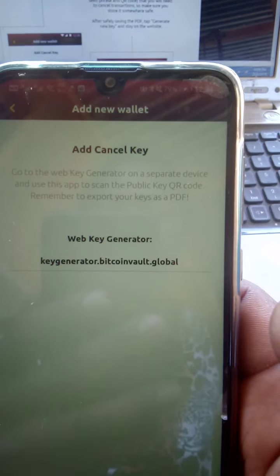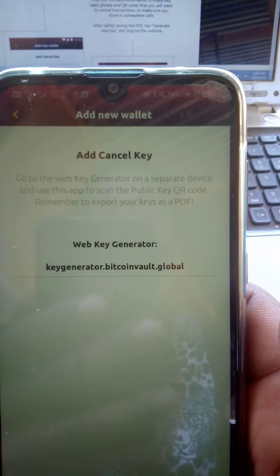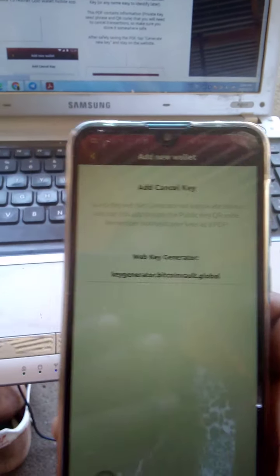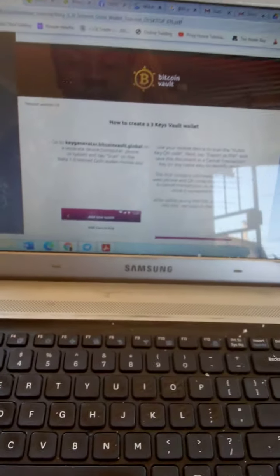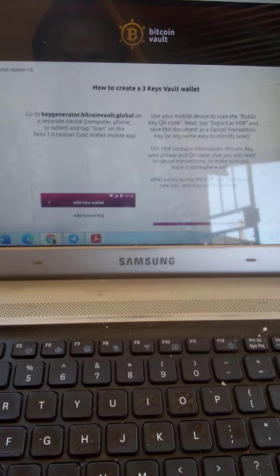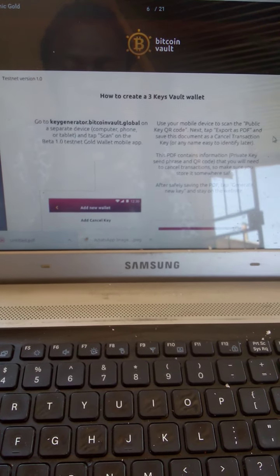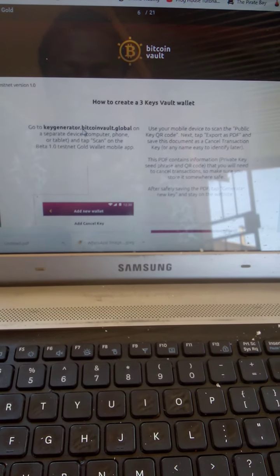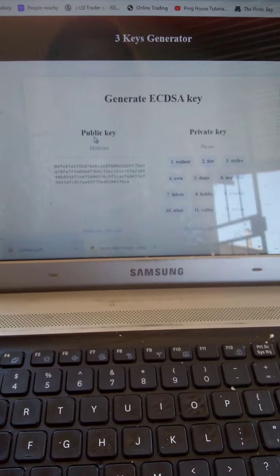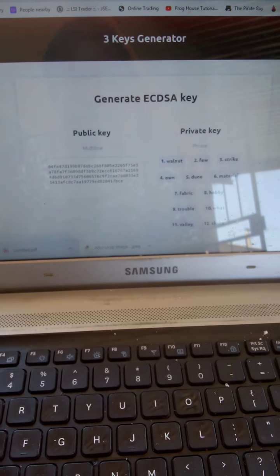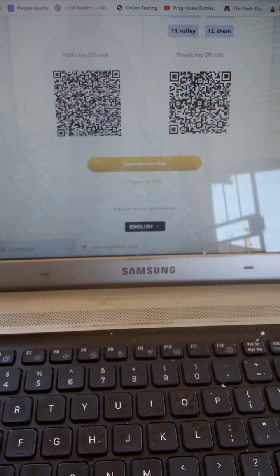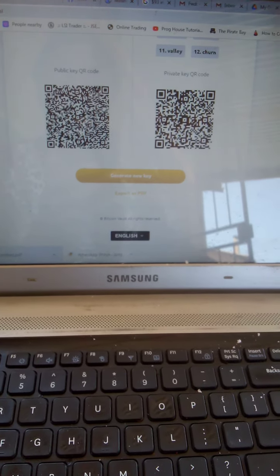Now we have to go to the key generator to add a cancellation key. So you must go to a separate device. Here's my separate device. I've already opened the page where they say key generator, so I'll just click the link. On this key generator you can press generate anytime, but once you have scanned it on your Bitcoin Vault wallet, then